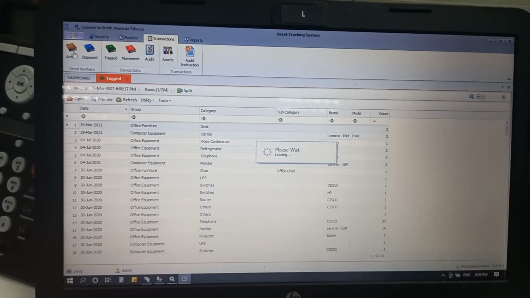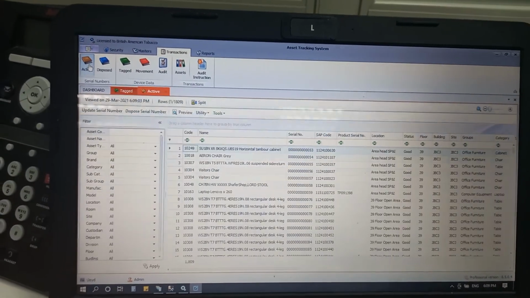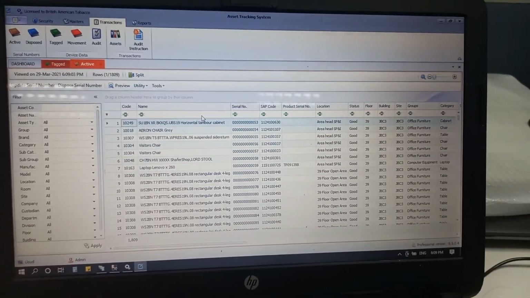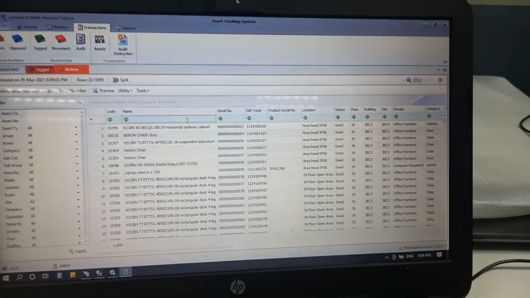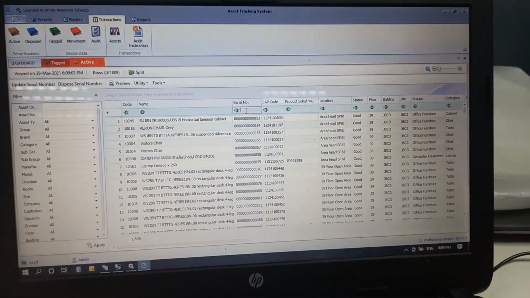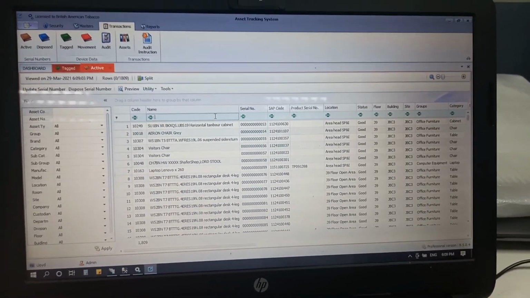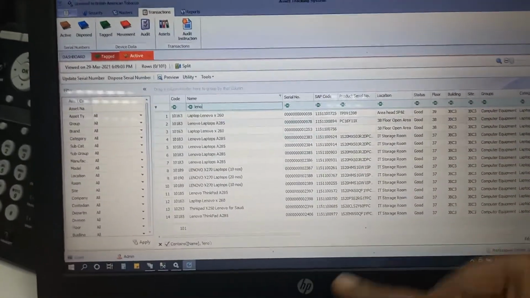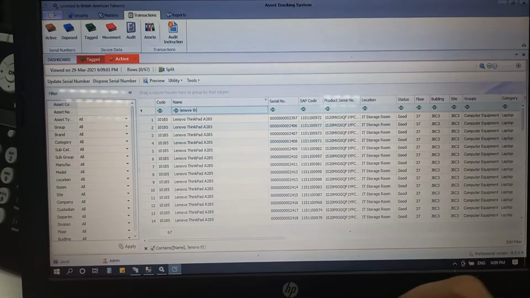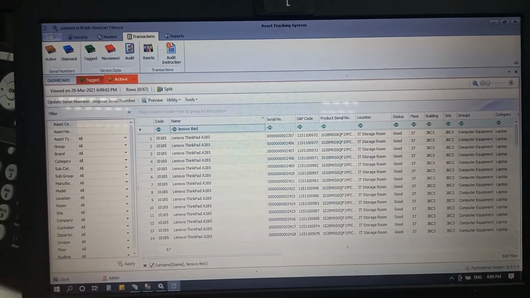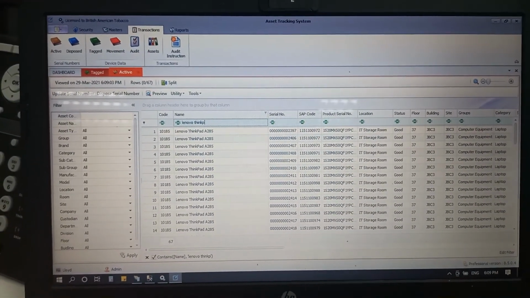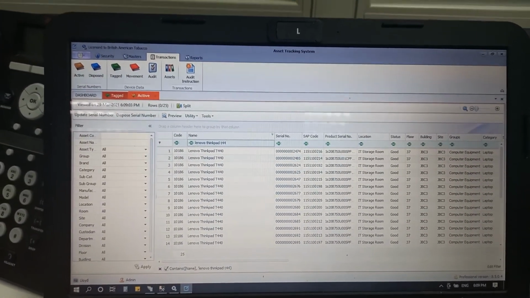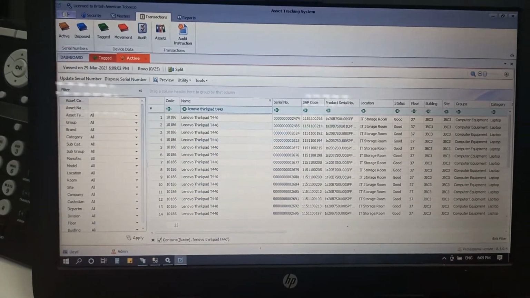You can go to active assets. If you search that particular serial number, you can search it here, serial number-wise or asset name-wise. Let me show you by asset name. Lenovo ThinkPad T440, sorry.